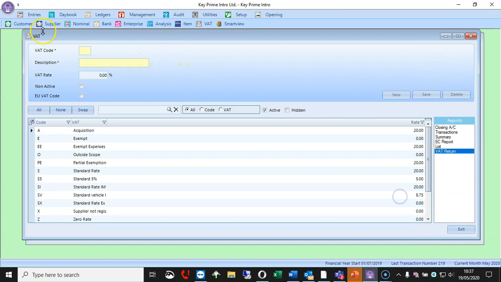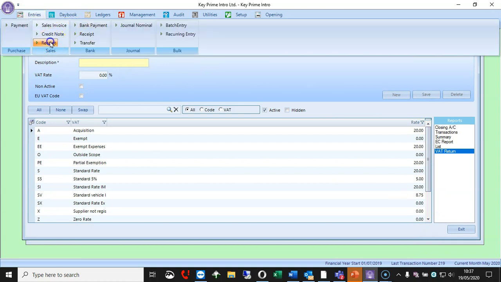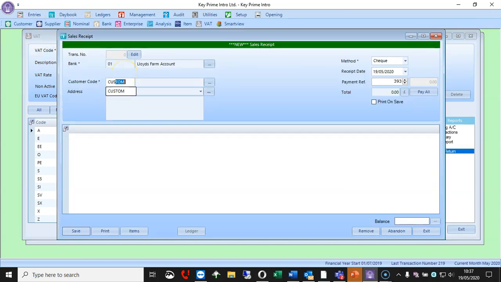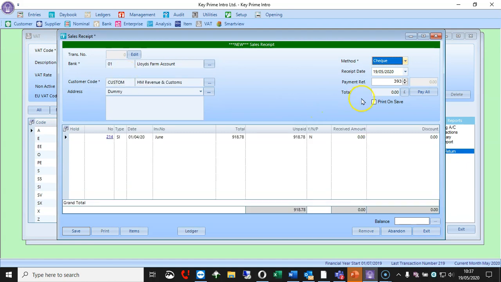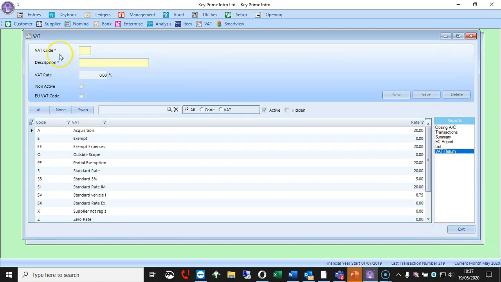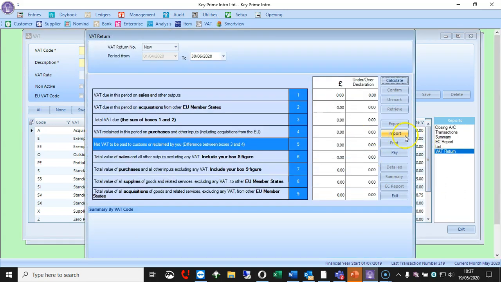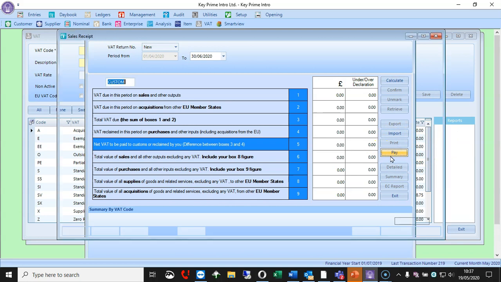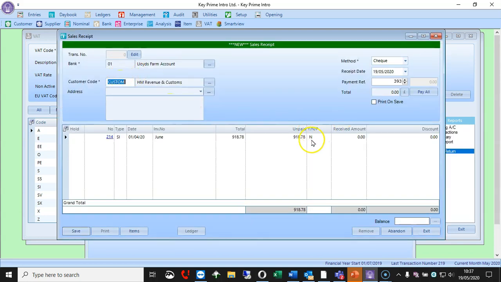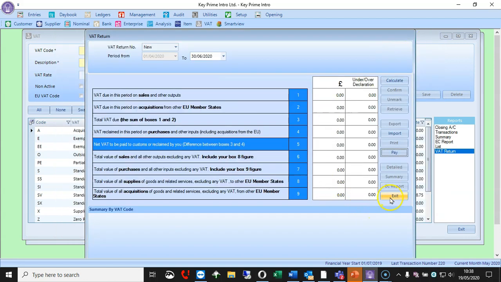The other option, which is not wrong, up under entries, we've got a sales receipt, and you can use the trader customs there, and it does exactly the same thing. But for some people, it's much easier to remember, I've got a VAT receipt, so come to VAT, it was for my VAT return, and on the right-hand side, they're paying me money, and away you go, they're paying me that, so pay all of them off, and save it, and that's cleared it when HMRC pay you that amount of money for the VAT.